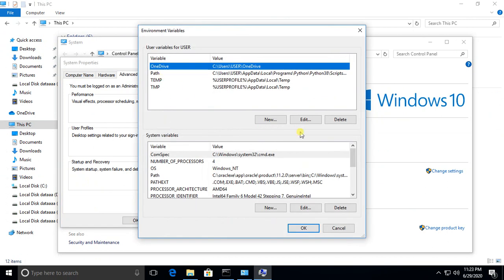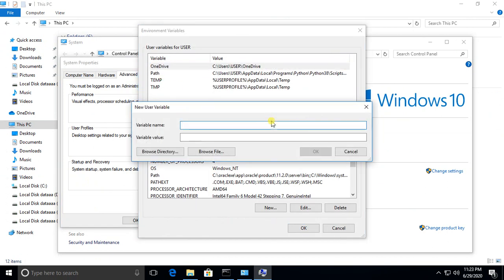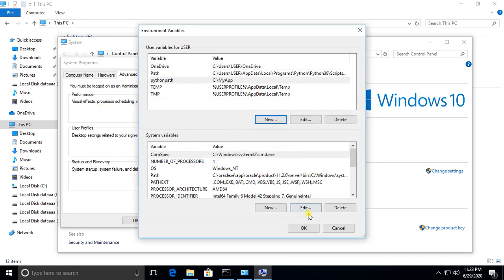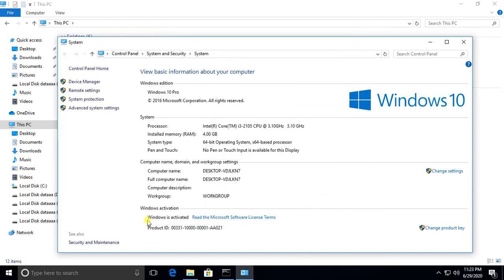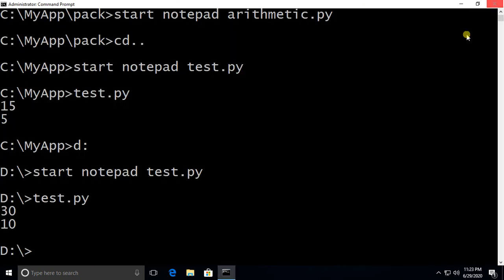Now here click on new button, variable name PythonPath, and variable value C:/my app. This is permanent path. Now you can access anywhere that module. See, now